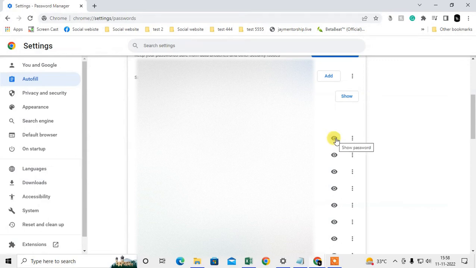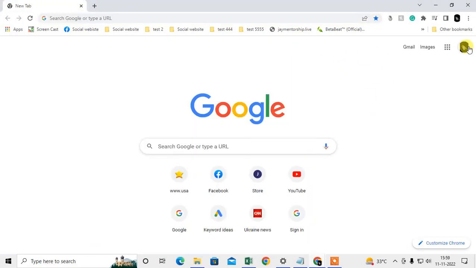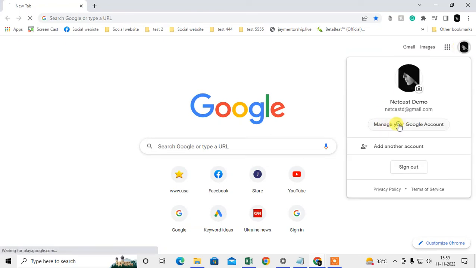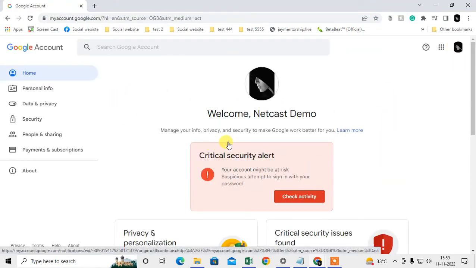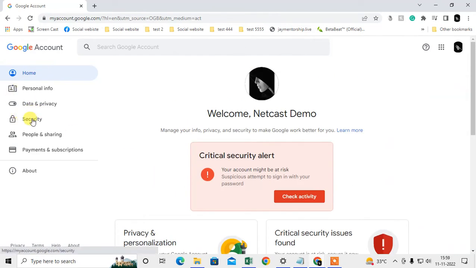When you click this eye icon to show the password, they may ask you for your computer password or mobile password. So this is for the Chrome browser or any browser. Now I will show you in the account. Just log in with your account, or just click on it and go to manage your account. Then your account information will open. Now go to the security